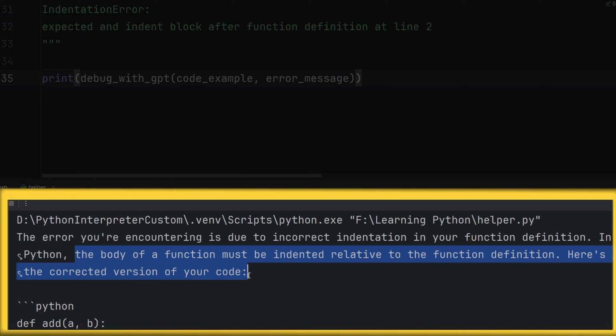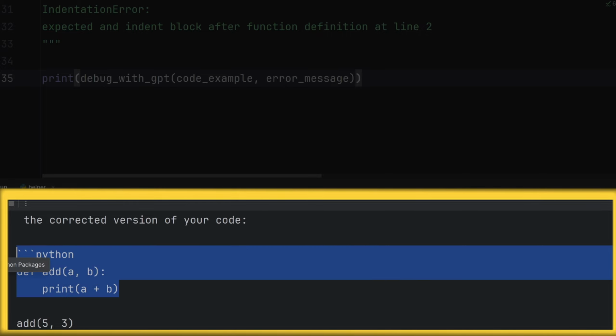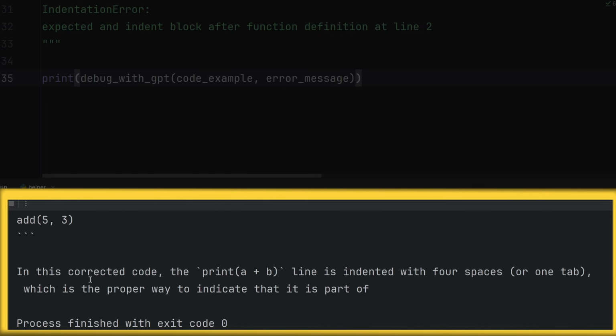Here is the corrected version of your code. As you can see, it solved my problem. It put an indent before this print function inside of my add function. In this corrected code, the print a plus b line is indented with 4 spaces or 1 tab, which is the proper way to indicate that it is a part of